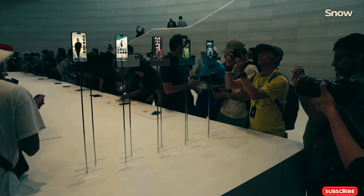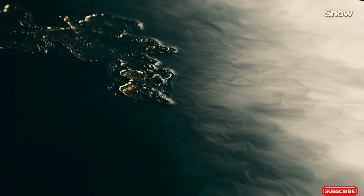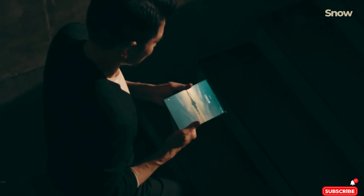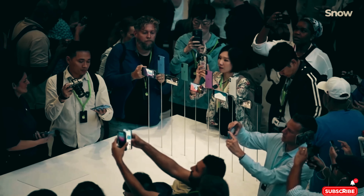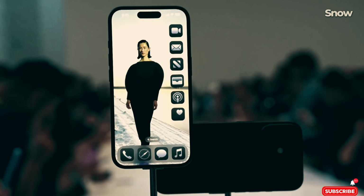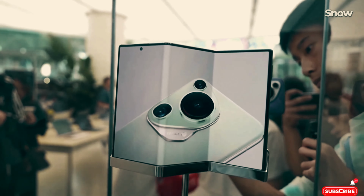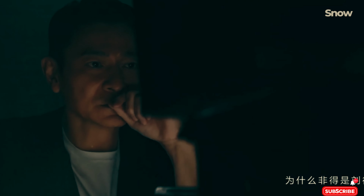But okay, let's be real for a second. No tech is perfect, and the Mate X-T does have one potential issue, the creases. Yep, those dreaded display creases. Some unboxing videos and reviews, like the one from Android Authority, show that the hinges where the phone folds have pretty visible creases under certain lighting and angles. It's not a deal breaker, but if you're the kind of person who can't stand any imperfections, this might bug you. Still, when you're looking at the display head-on, the creases pretty much disappear, so it's not like they're